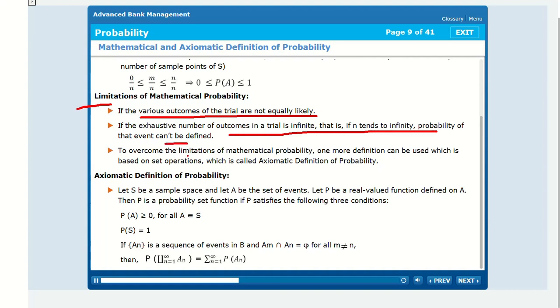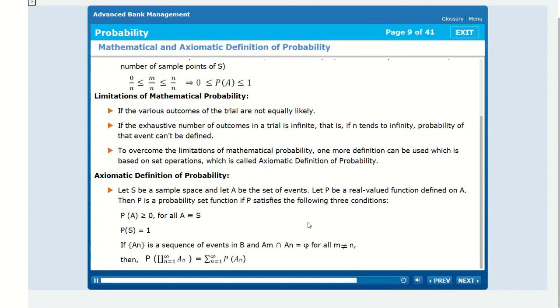Axiomatic definition of probability. Let S be a sample space, and let A be the set of events. Let P be a real-valued function defined on A. Then P is a probability set function if P satisfies the following three conditions. P(A) greater than or equal to 0 for all A. P(S) equals 1. If A_n is a sequence of events in A and A_m intersection A_n equals phi for all m, n, then